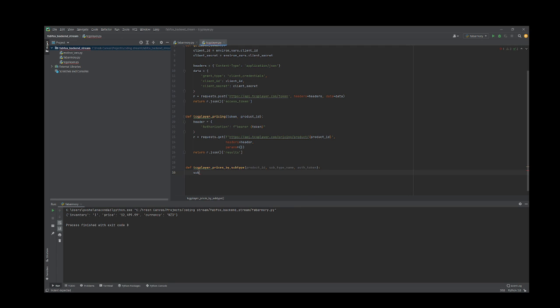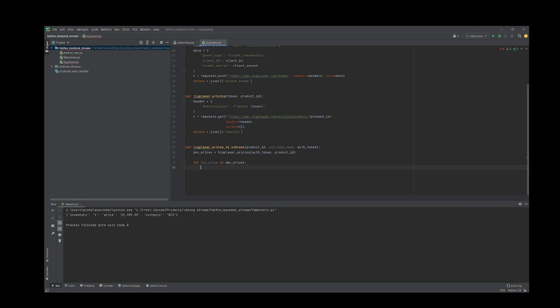I'm sure you can get some more consistency in your naming, but for now this is what we've got. So we'll call the pricing that we did earlier, auth token, and product ID, and then we go for SKU price in SKU prices. Sorry, we'll call that SKU prices. So we're just going to iterate through all of these SKUs, and we're going to try to find the ones that match a particular SKU